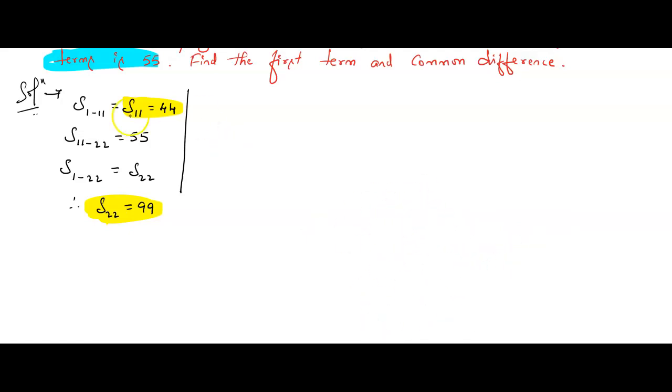Good, children. Now first the sum of 11 terms. The sum of 11 terms is in the form of Sn. So what is the formula to find Sn? See, children, they have not given the first term, the common difference, the last term, anything. If they have not given anything, then you have to use this condition. That is n by 2 into 2a plus (n minus 1) into d. So this is the formula you have to use.